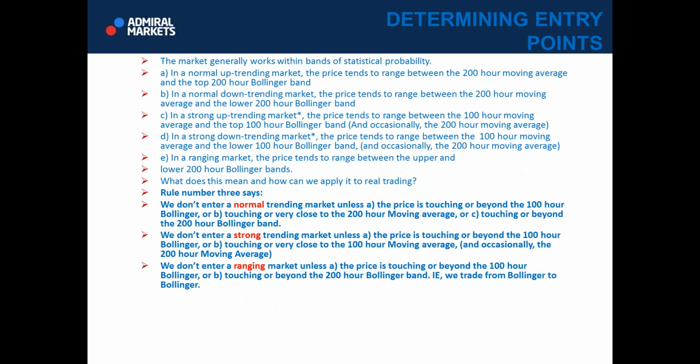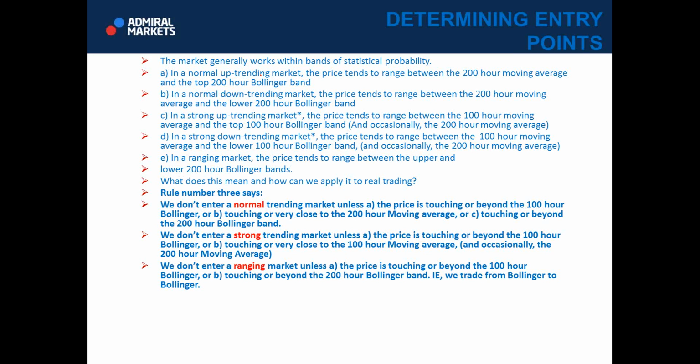Okay? This is important. In a normal uptrending market, the price tends to range between the 200-hour moving average and the top 200-hour Bollinger Band. In a normal downtrending market, the price tends to range between the 200-hour moving average and the lower 200-hour Bollinger Band. In a strong uptrending market, the price tends to range between the 100-hour moving average and the top 100-hour Bollinger Band, and sometimes the 200 moving